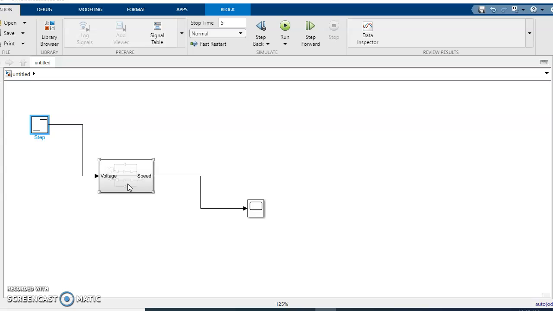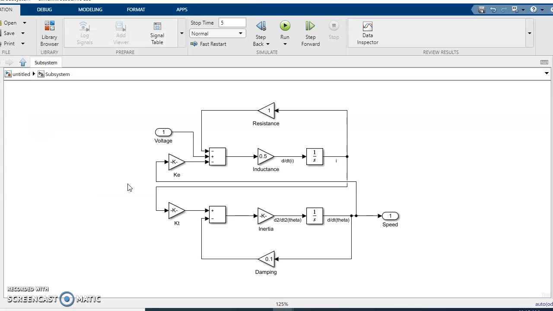Okay, first, we will look at the DC motor circuit, which is this. First, it is an open loop system circuit. Based on the lab sheet, we will make the circuit like this and we will change the values at the gain blocks like this: 1, 0.5,